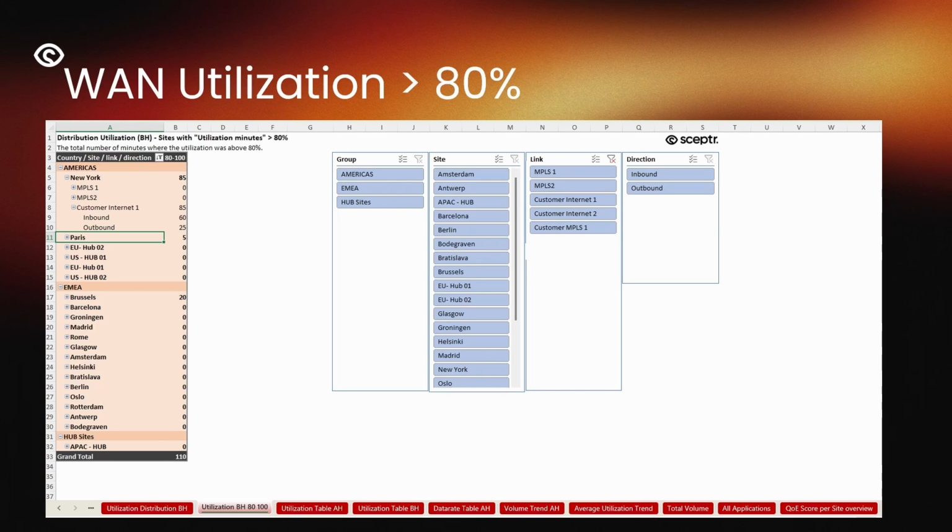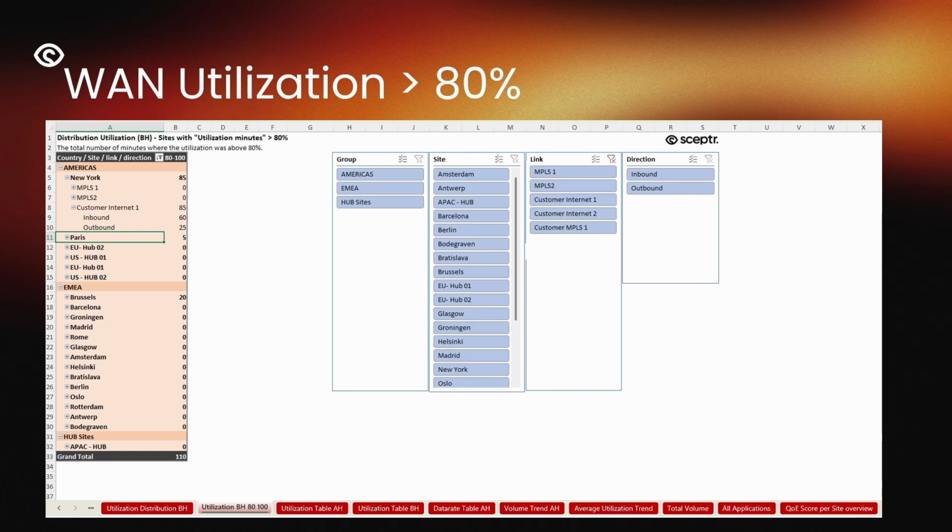Is it normal? Is it maybe every first of the month that somebody's using a business application and it's stretching the network? So in that case, maybe we have to look at the SD-WAN solution to give some more priority, or something else. So having this kind of information is really crucial to be proactive and be smart in your service. And if you know that in this case there are 85 minutes in New York on a specific WAN link, you can also see what WAN link, what direction, what kind of details are there.